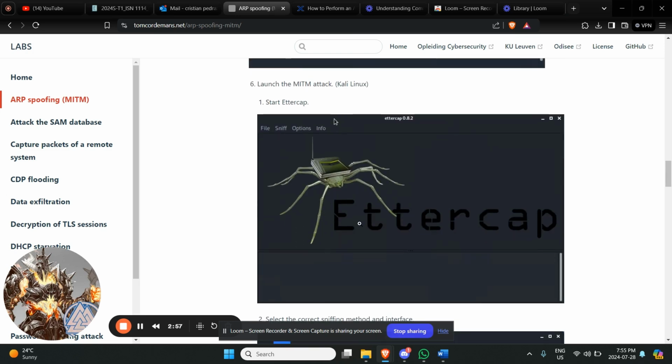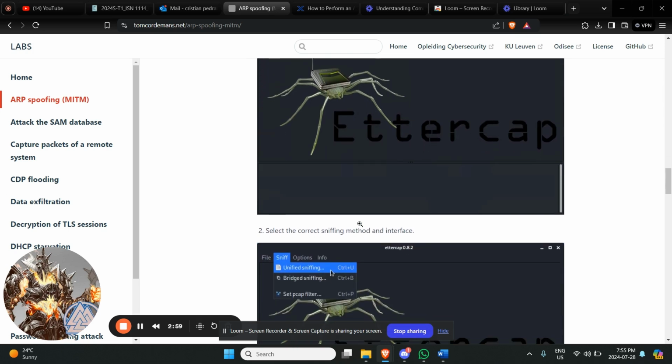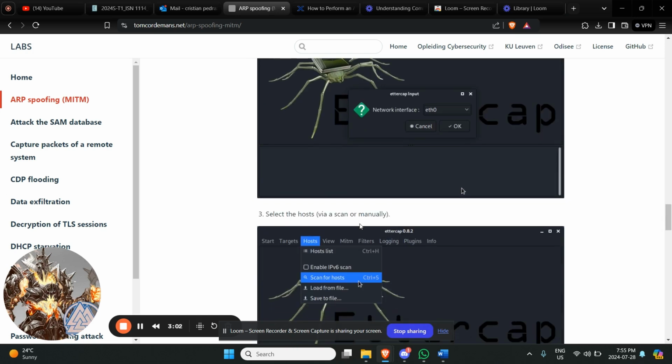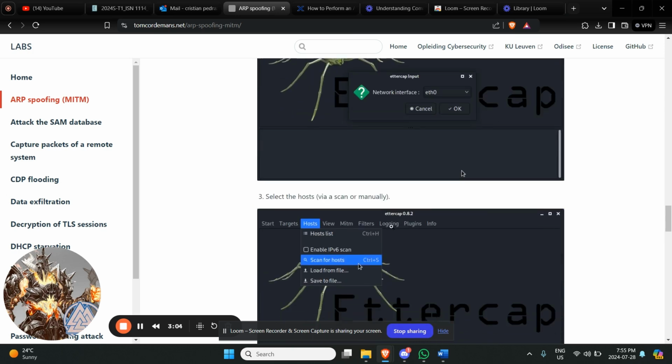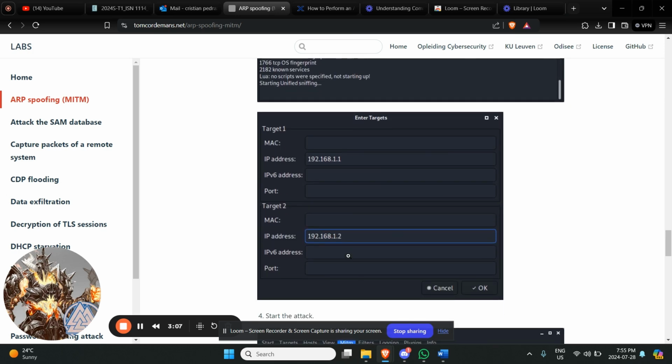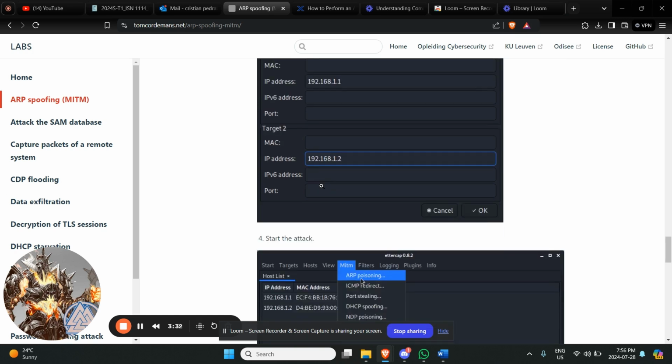Using the tool Ettercap inside Kali, we can do the sniffing, selecting the network interface, scanning the host, and then selecting what's gonna be our targets for the attack. We gotta target both the host and the server, because we gotta interrupt and be the bridge between the host and the server at the same time to